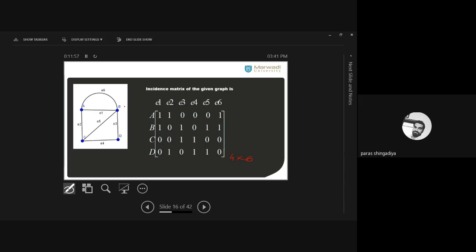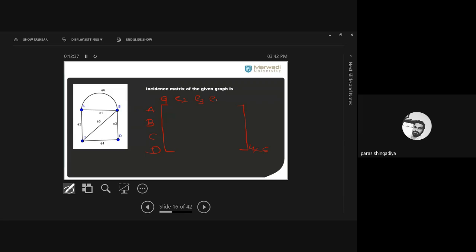Now C with all the edges: C with E2, E5, E4. Replace here with 1. Yeah, here it is a mistake, I think. E2, E4, and E5. There is a typing mistake in the 4 by 6 graph. Let's derive another graph. It is A, B, C, and D, and E1, E2, E3, E4, E5,